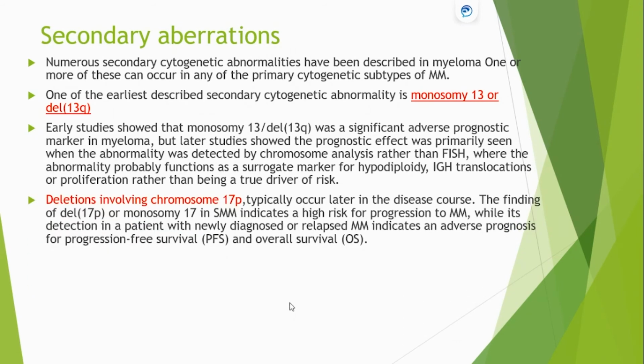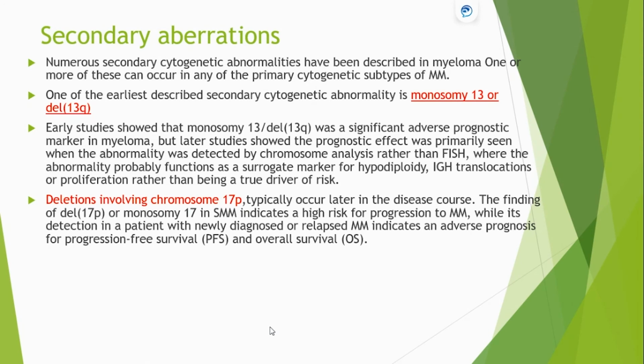The other secondary abnormality, which very commonly happens, is deletion of the 17p, or short arm of chromosome 17, with loss of the TP53 gene, which typically occurs later in the disease course. But if you find a deletion of 17p in a different stage of the disease, it could have a different meaning for the patient's prognosis. For instance, detection of the deletion of 17p in smoldering myeloma indicates higher risk of progression to myeloma. But if you find it in the myeloma itself, at the time of the multiple myeloma, it indicates adverse prognosis